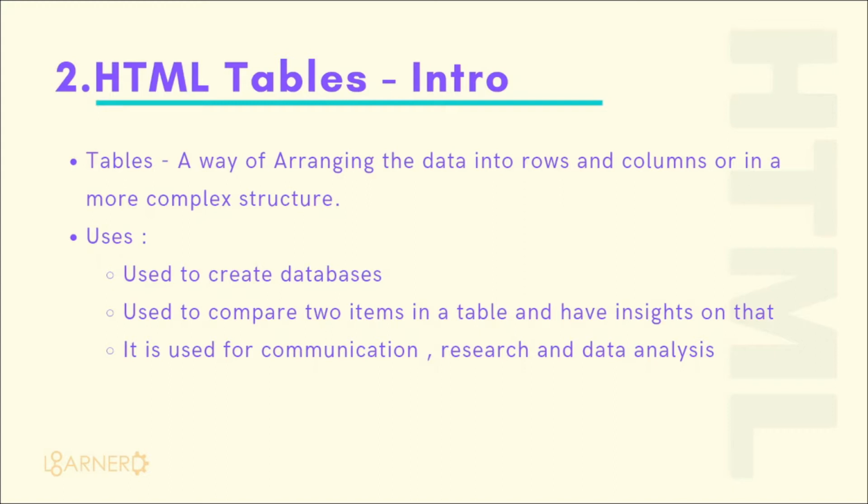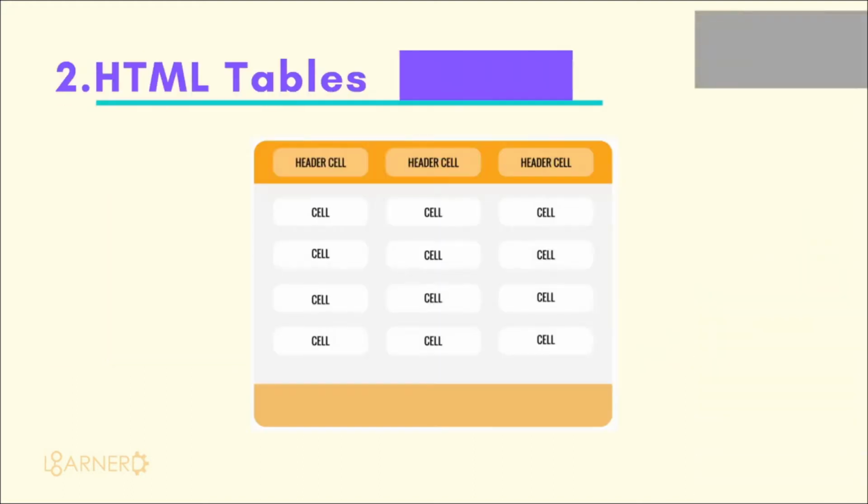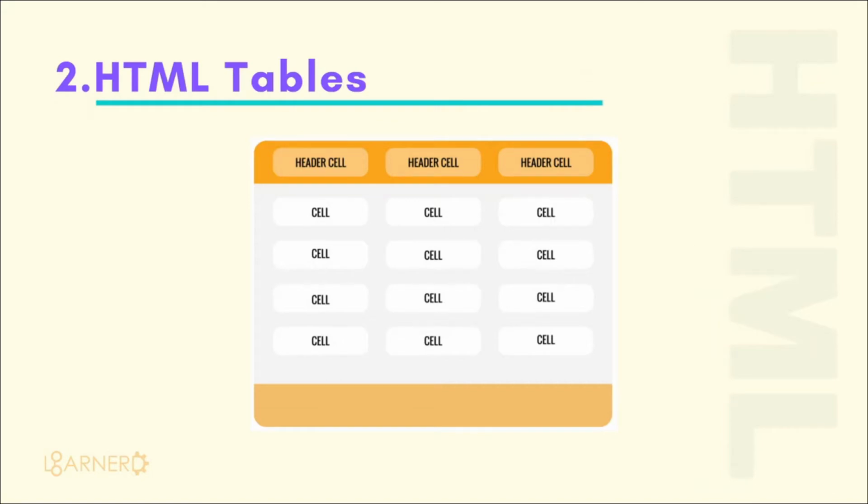HTML consists of multiple elements, and each of these elements has different tags. So first, we will start with the table tag. The table tag will act as a container to store all the other table related tags. So for example, the whole section here is the table tag, and it consists of the table header tag, table footer tag, different cells.